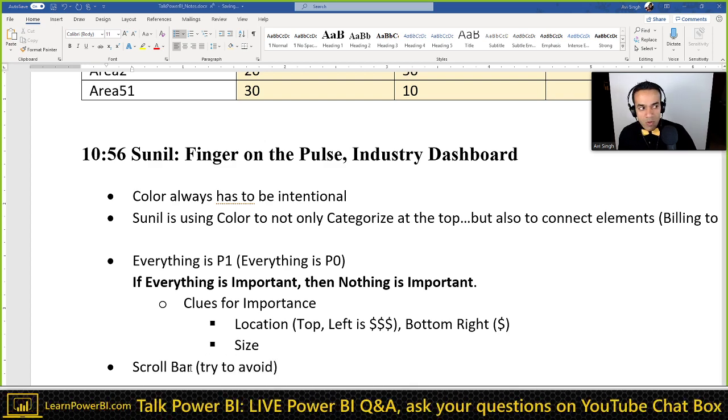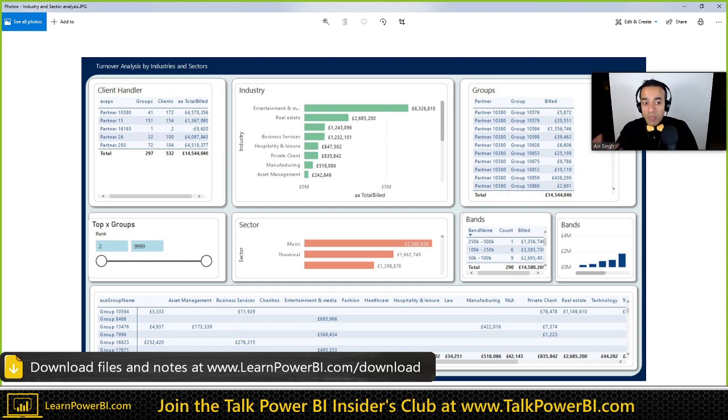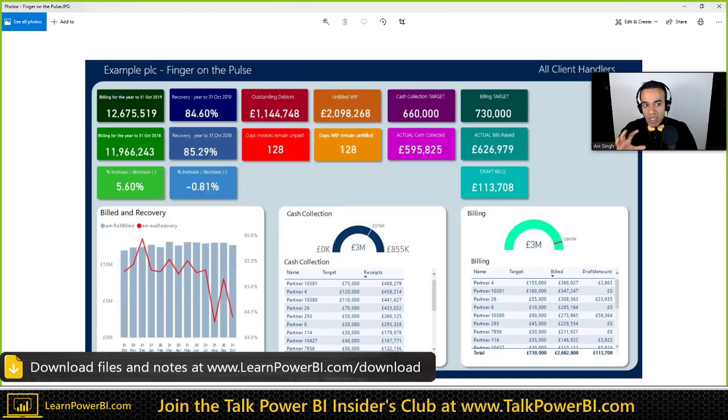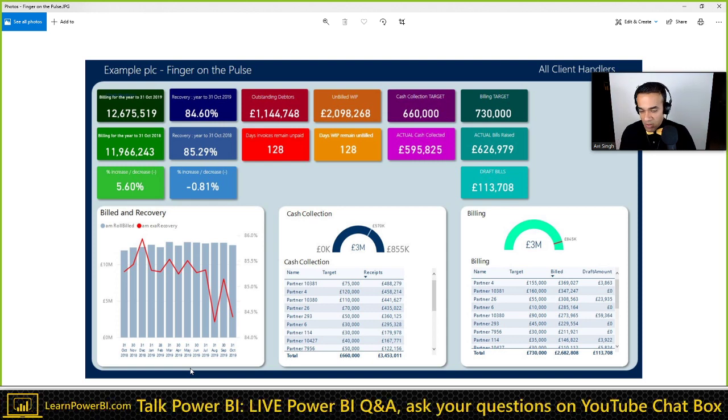All right, cool. So, boy, that was pretty intense. But certainly Sunil has a great sense of aesthetic, right? These things do look beautiful, but I think if Sunil combines that with some of the Stephen Few principles, man, it'll be at a wholly different level. And of course, I think we can all say that Sunil can build very beautiful looking and very eye catching